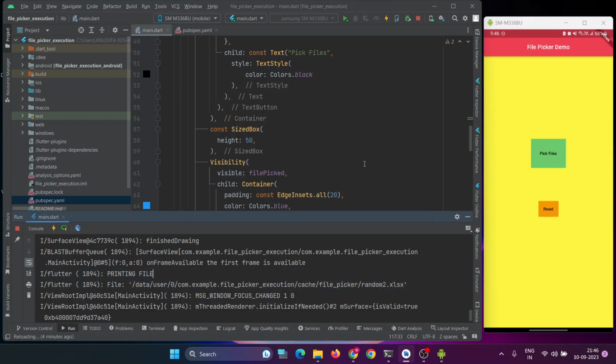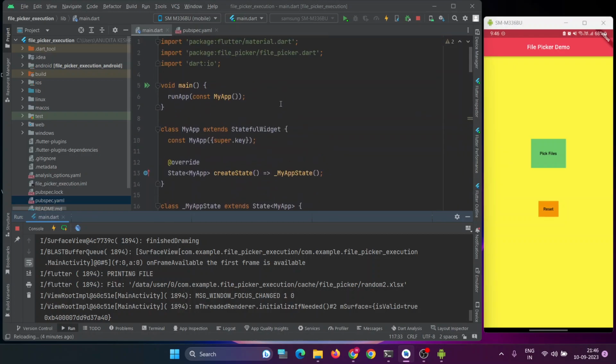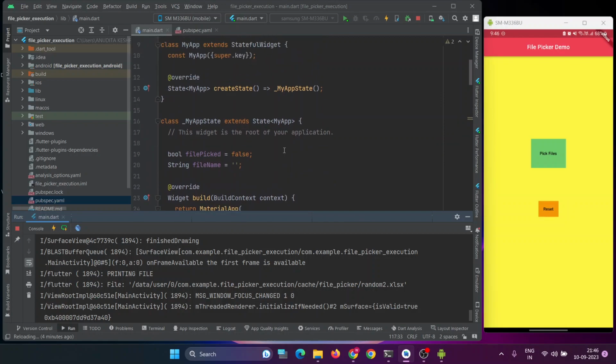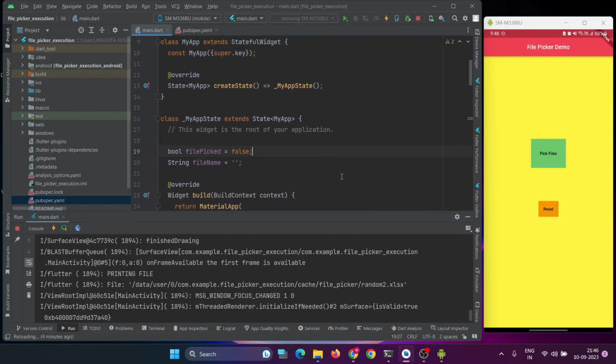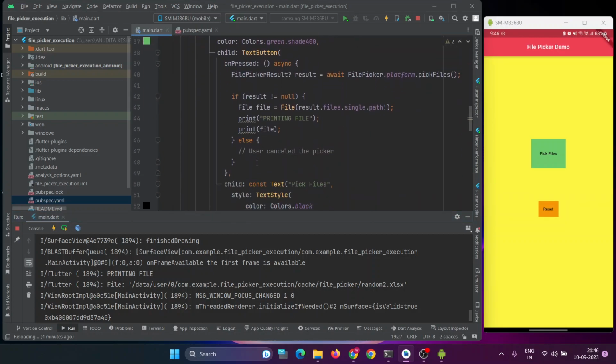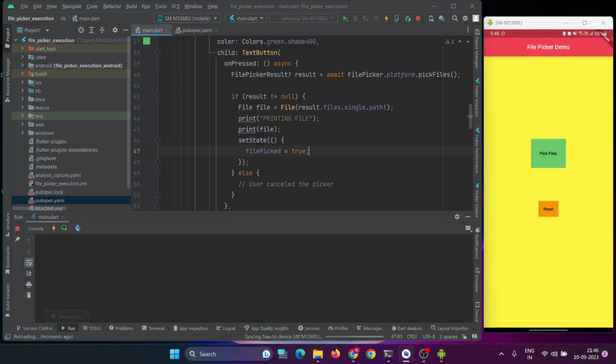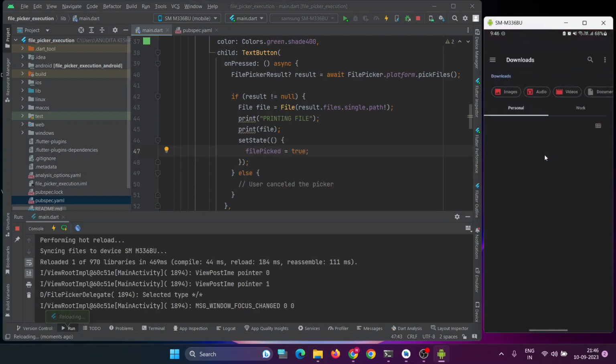Okay, so the second container that I was telling you about, how you can make the visibility work. Since my class is already a stateful widget, you can see here it's a stateful widget, right? So I can do a set state. After this, in my if, let's say I want to do a set state, and I will set the file picked variable to true. Now if I pick a file, it will show. See,